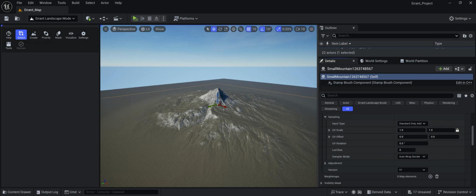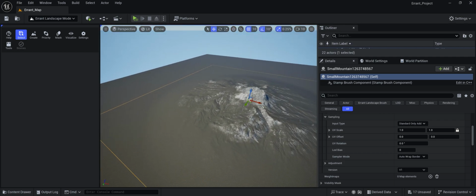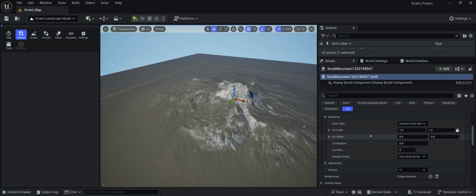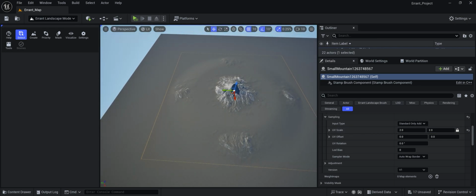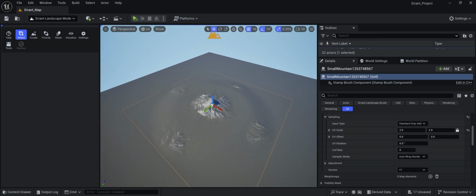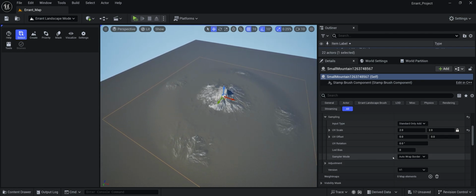You can actually UV this or scale it on the X and Y just like you would a regular texture. So we can actually put it 2 to 2, and you'll see that we now have a scale around, which is useful also with the auto wrap border. You can actually make some cool stuff there. You can also use your UV offset just like you would with a standard UV. So if you change your UV offset to say 0.5 by 0.5,